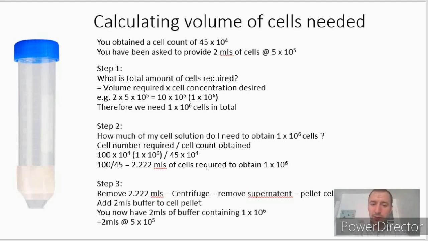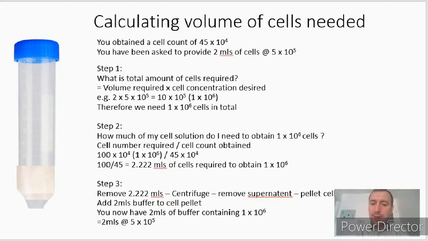Okay, so step 1 is, what is the total number of cells required? The equation for that is volume of cells required, multiplied by cell concentration desired. In this case, we've been asked to provide 2 mils at 5 by 10 to the 5 cells per mil. And when you do that calculation,